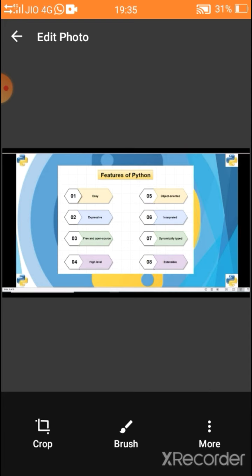So these codes are very simple and can be understood better than other coding languages. Extensible. That means we can extend this concept into graphics. We can include some graph charts through this Python programming language.